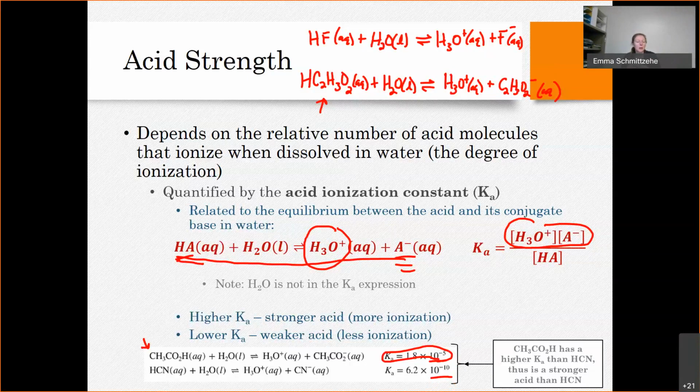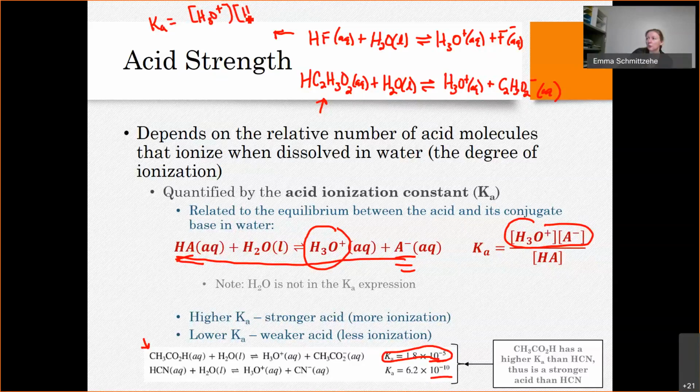So you should know what those Ka values are telling you. You should be able to write a Ka expression for something, as well as writing the equilibrium reaction. Of course, you need the equilibrium reaction to write the Ka expression, okay? So like for those reactions I wrote at the top, you should be able to write the Ka expressions for those as well. So not only you should know if I put HF in water, what that produces, right? What's the equilibrium products there, but you should know that for this reaction, your Ka expression is going to be your products. So in this case, H3O plus